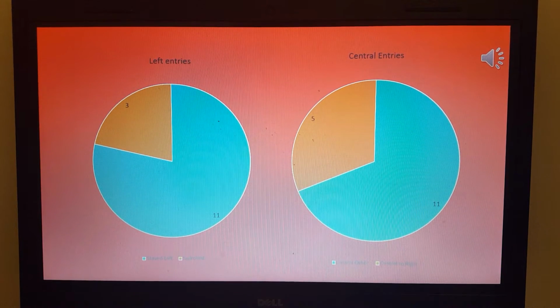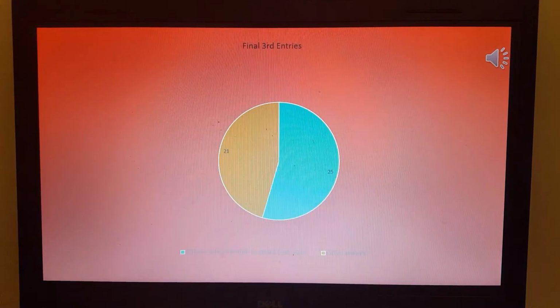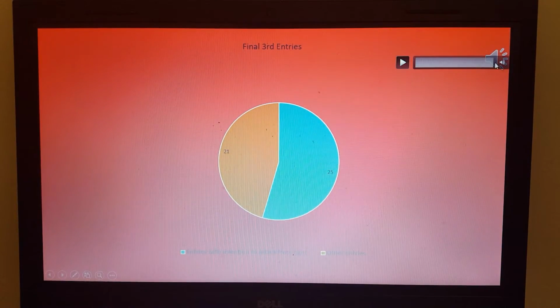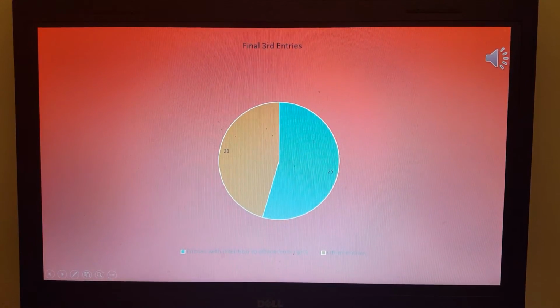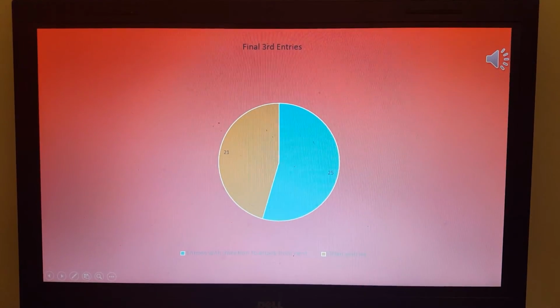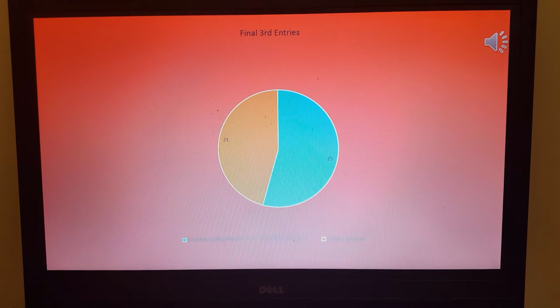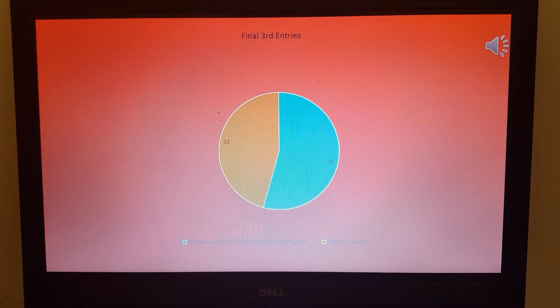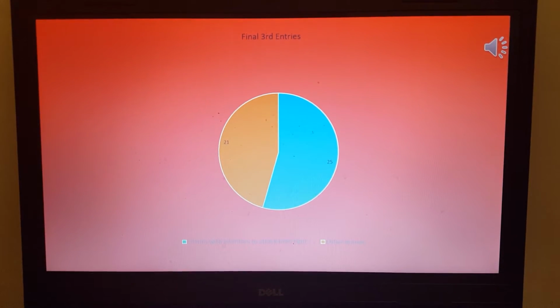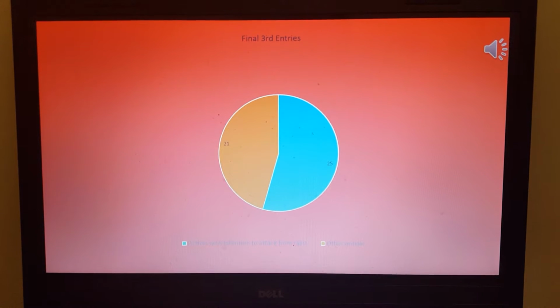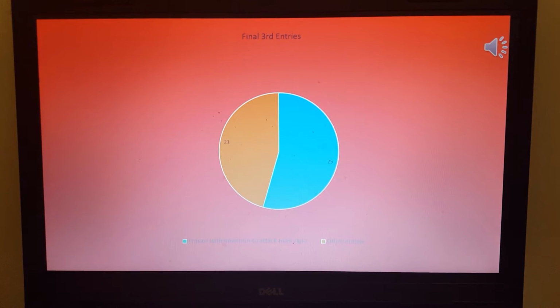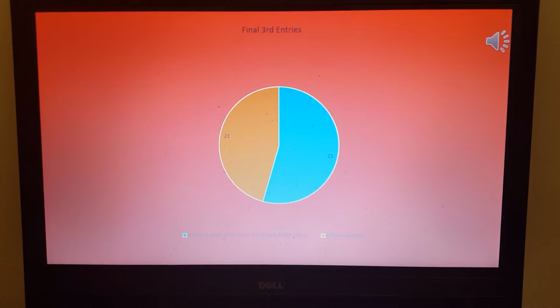So what does this tell us? So what this means is that out of the 46 times that they entered the final third, 25 of those times they either entered from the right or with the intention to attack from the right. Now this was evident in both of the goals that England scored,